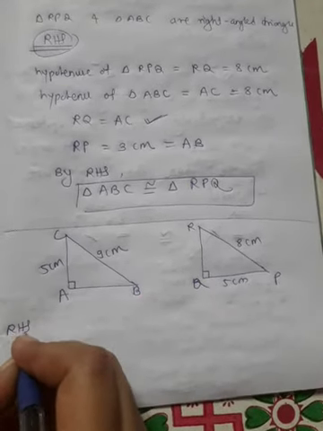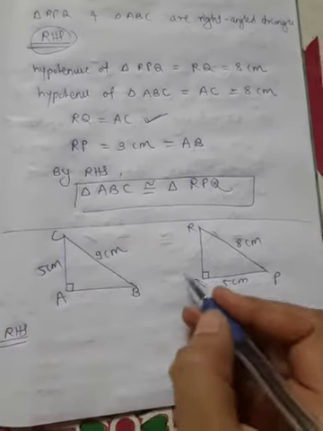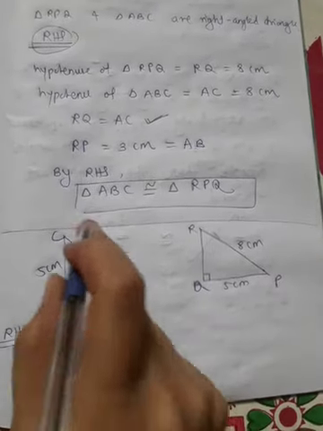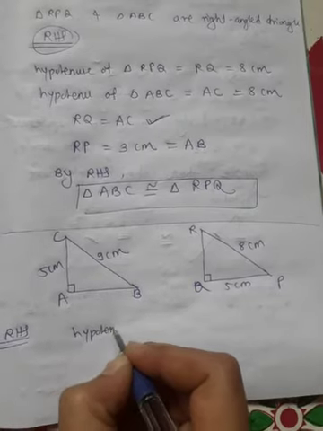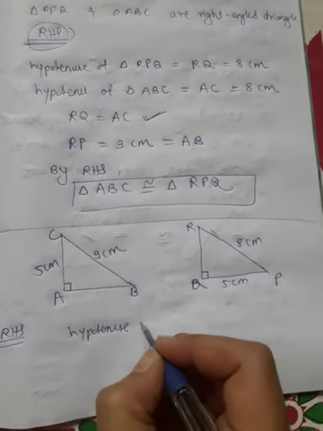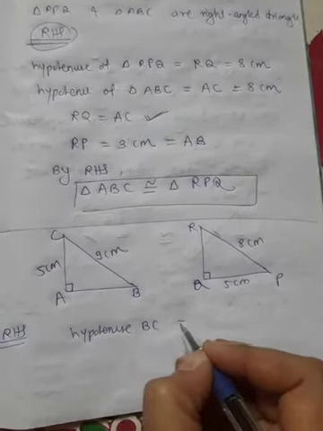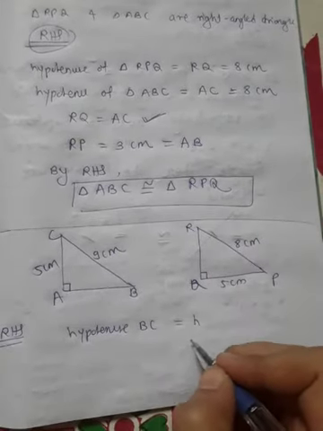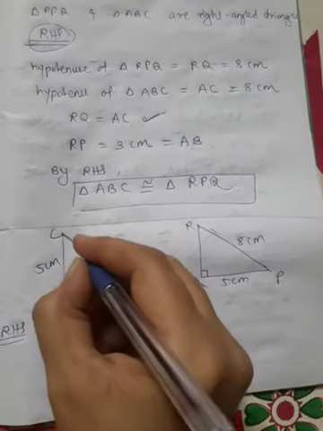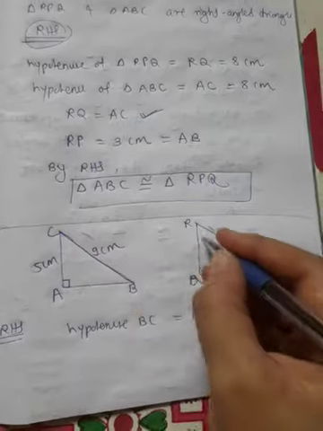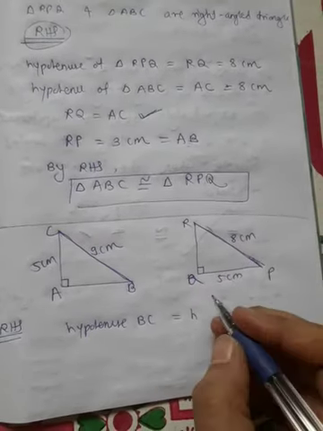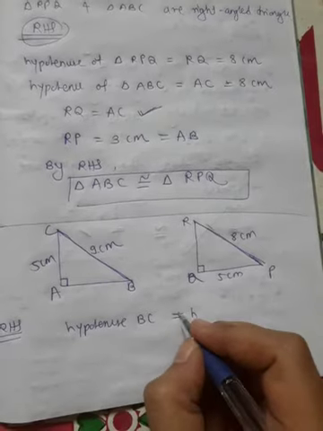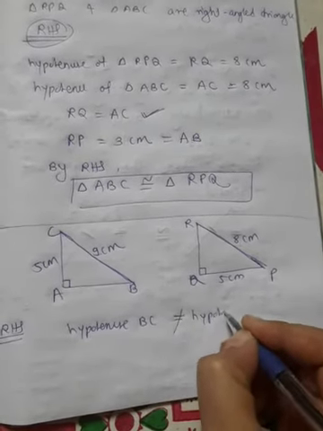And what is RHS criteria? Check whether the hypotenuse are equal or not. So here hypotenuse of this right angle triangle is BC. So you observe that hypotenuse BC is of 9 centimeter and hypotenuse RP is of 8 centimeter. Okay, so hypotenuse BC is not equal to hypotenuse